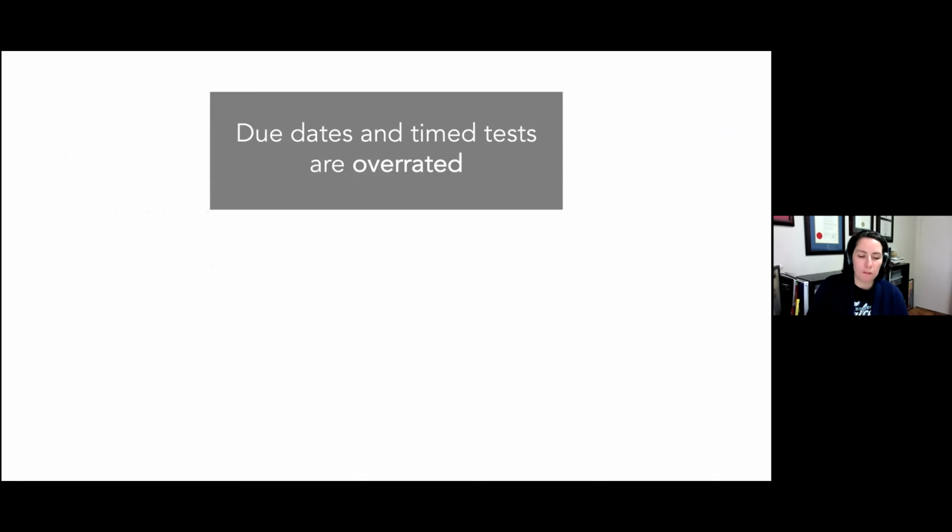My fourth and final lesson that I've gathered from teaching statistics online is that due dates and time limits on tests are probably not as necessary as we've been conditioned to think. Leading up to this past year, I was already getting sick of firm deadlines for assignments. They're really arbitrary. People have good reasons for needing to miss deadlines, and as the instructor, I'm not always qualified to adjudicate those reasons. And it's a lot of time and hassle having to deal with people requesting extensions and individual accommodations.